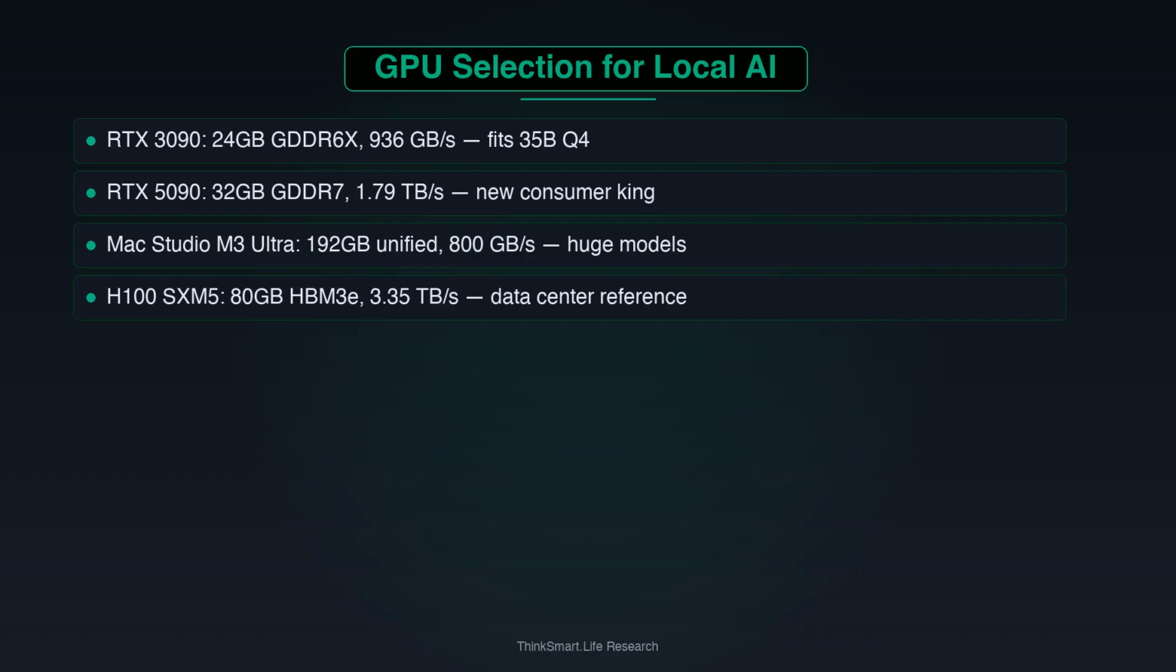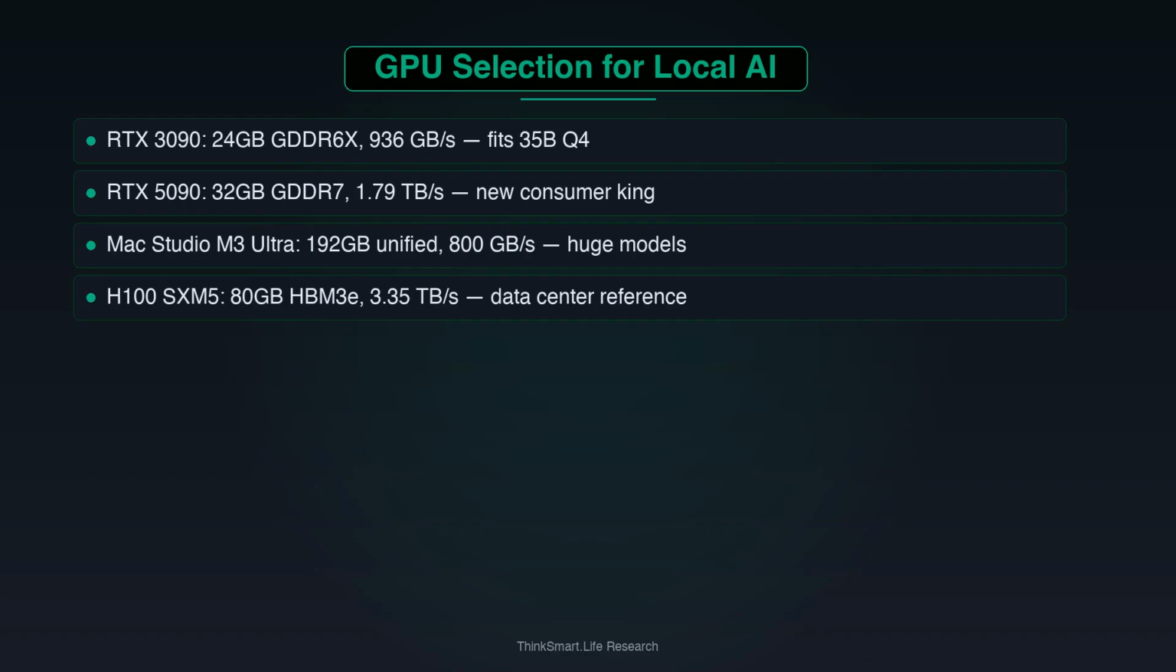When choosing a GPU for local AI, 2 dimensions dominate. VRAM capacity determines which models fit, and memory bandwidth determines tokens per second. The RTX 3090 at 24 gigabytes and 936 gigabytes per second remains the best value for local inference, available used for around $700 to $900. The RTX 5090 at 32 gigabytes and 1.79 terabytes per second with GDDR7 is the new consumer king for 2025